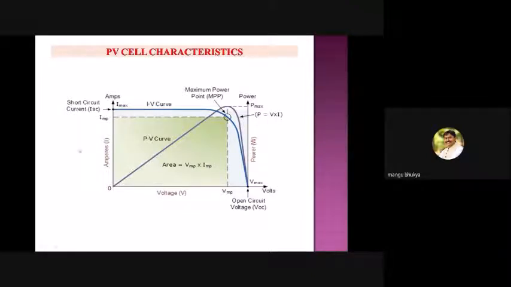Okay, and with a higher short circuit current or higher open circuit voltage, for that particular area, the performance of the panel is better. So this is about the behavior of the PV source. If you have any queries, then I'll respond. Otherwise, if you don't have any queries, then I will proceed further. So any queries on the characteristics? Please respond. Otherwise, I will proceed further.